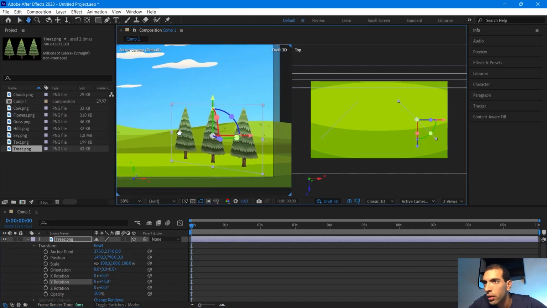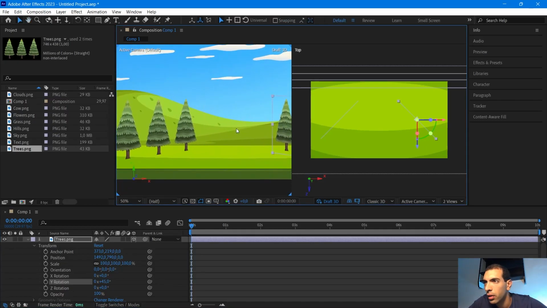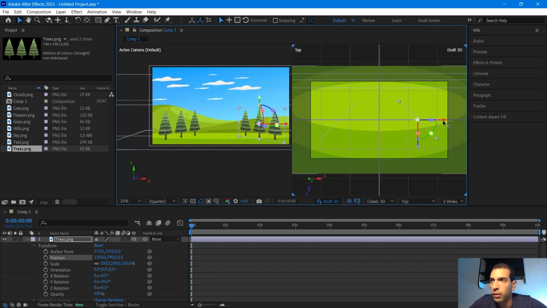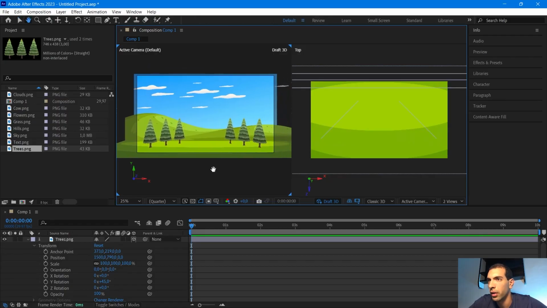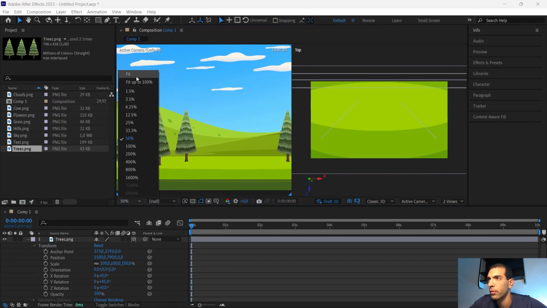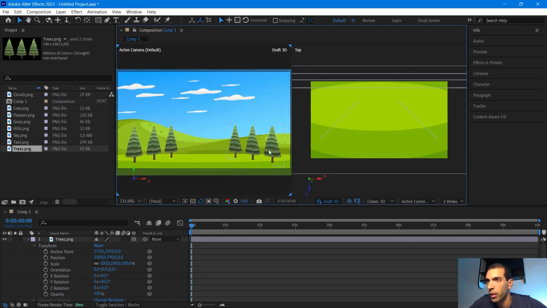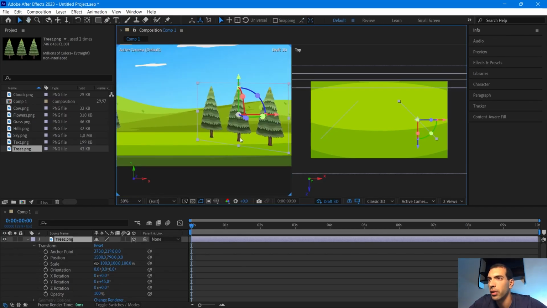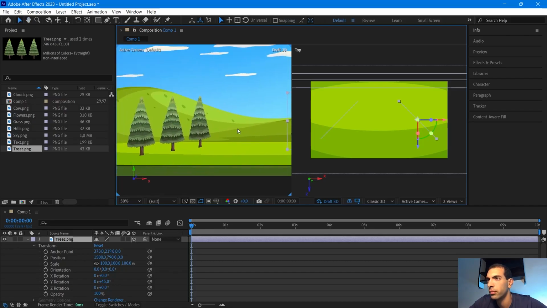And I'm gonna move it a little bit to the right, like this. I think they are placed correctly. Gonna click on fit here, make it fit the window. I think this looks good. Now I'm gonna